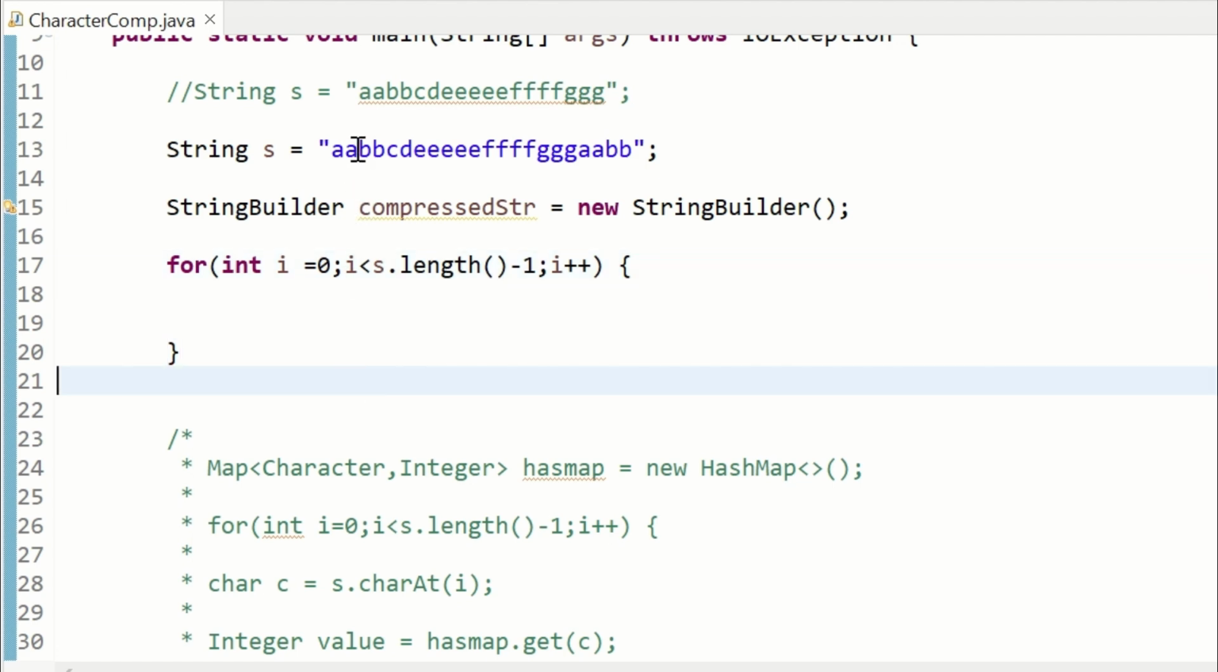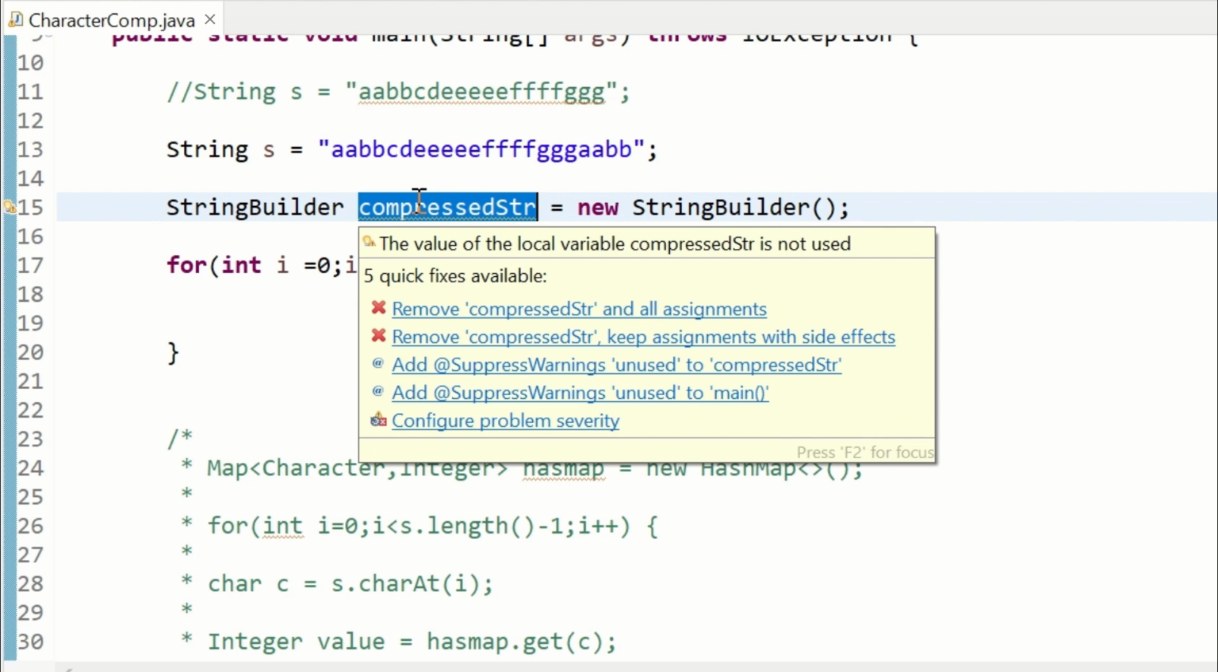Here the logic is that the first character and second character are compared. If it is the same, we will increase the count. If it is not the same, it means, here, the second character and the third character are not the same. So if the third character and second character are not the same, append to the string builder the character and